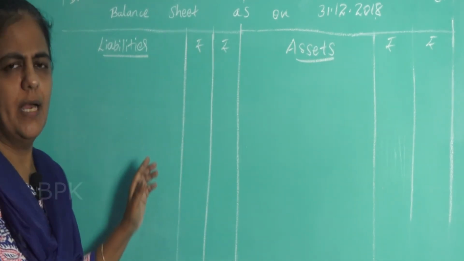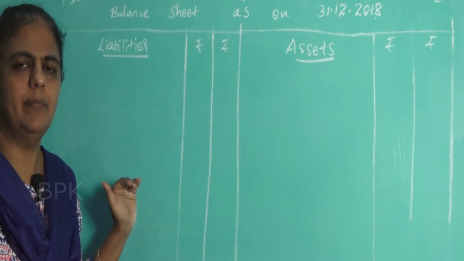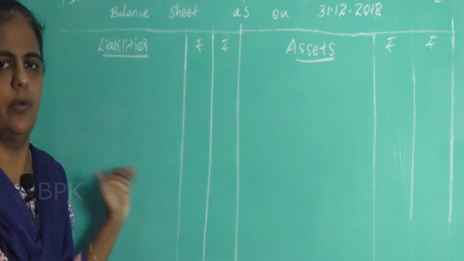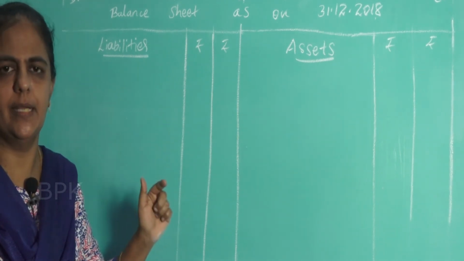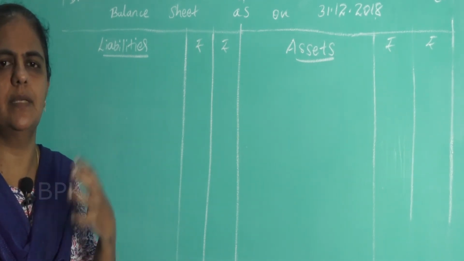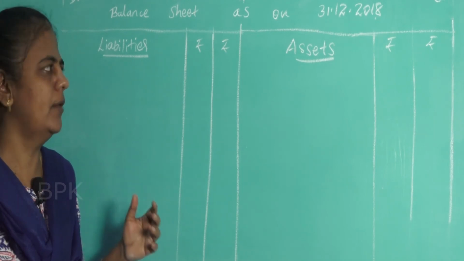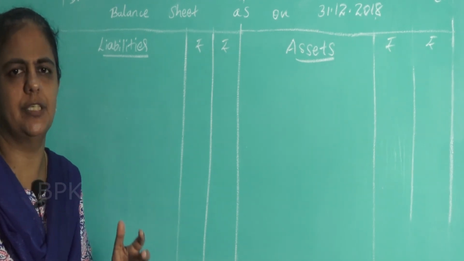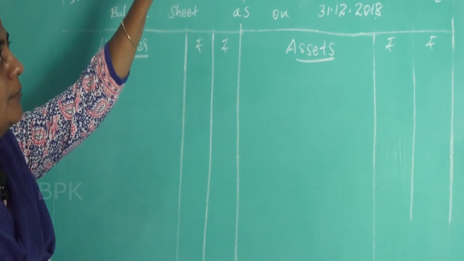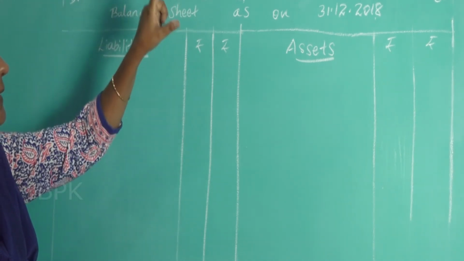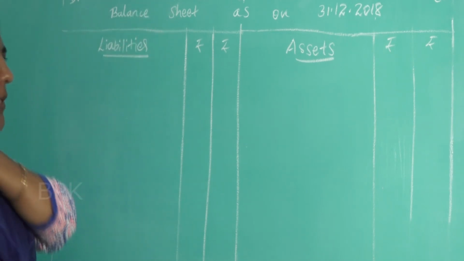Now one thing you have to keep in mind while preparing the balance sheet, you have to take only the balances which are at the end of the year. Don't take the balance at the beginning. Already you used all the balances and you calculated opening capital. Now we are going to find out the final balance sheet. Your final balance sheet you have to take only the closing balances, that is the value of the assets and liabilities at the end. The second column only you have to take.